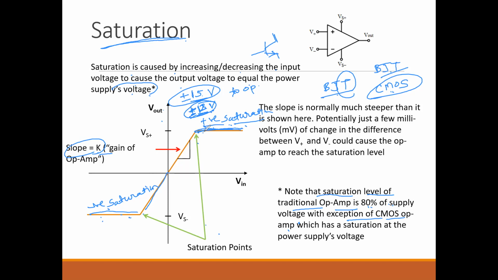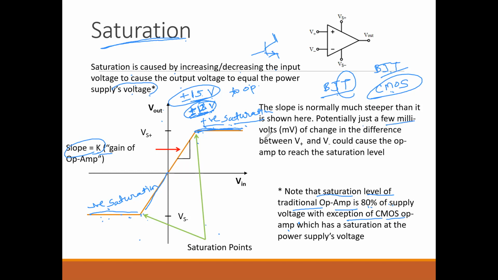So the op-amp will be saturated up to this value. What is the maximum this value will go to? Plus 12 volt for positive saturation. If we are getting negative saturation value, then it will go maximum up to minus 12 volt. It will not go below that. Though the supply voltage is plus minus 15 volt, it will never reach this value. Only plus minus 12 volt. Okay. So this is called the saturation value.